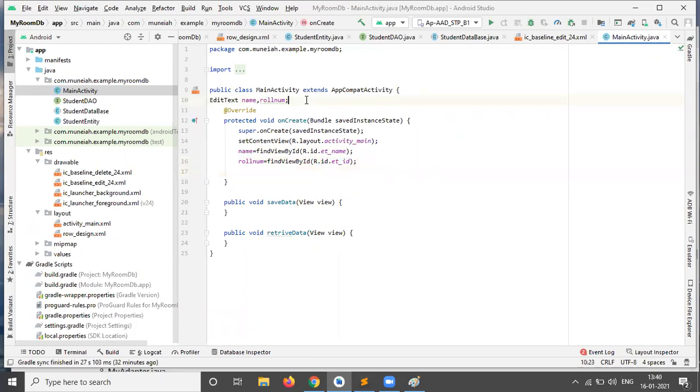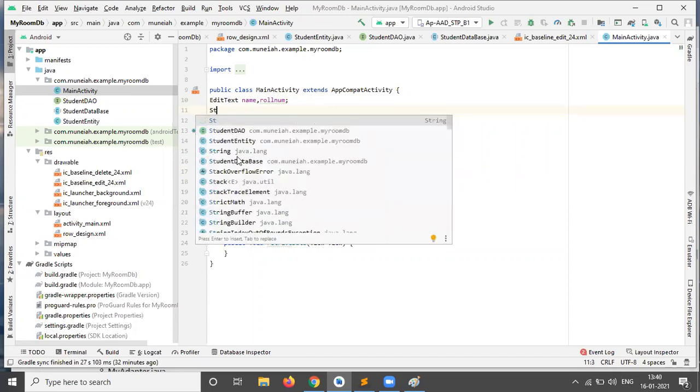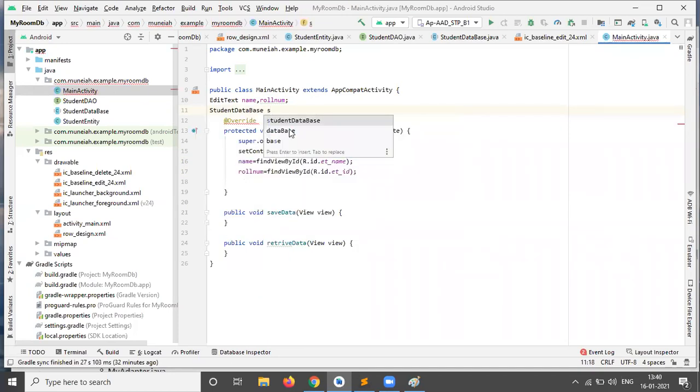Then I'm initializing our student database class. The object is database.